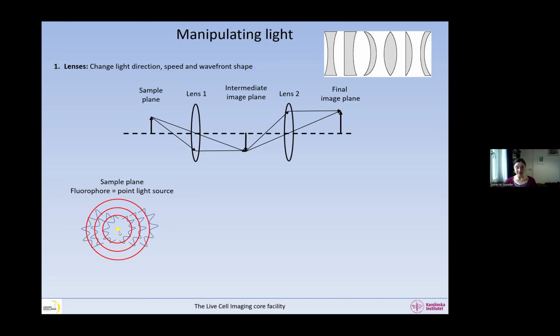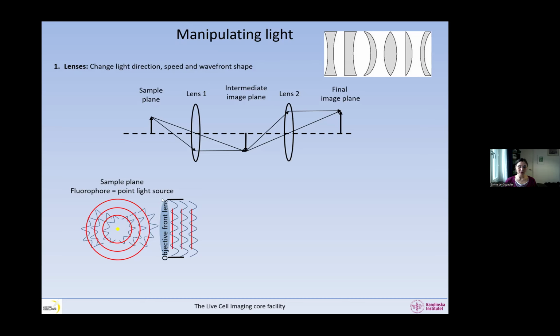It's like we have lots of little lamps inside our sample. The fluorophore acts like a light source and shines a lot of light, and this light goes in all directions. We have a curved wavefront, with the light escaping from the fluorophore in each direction. And then we put a lens in front of it, and we transform this light from a curved wavefront to